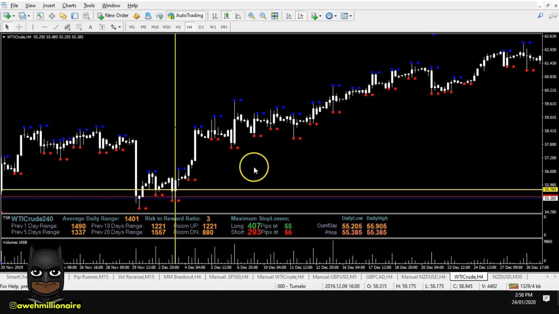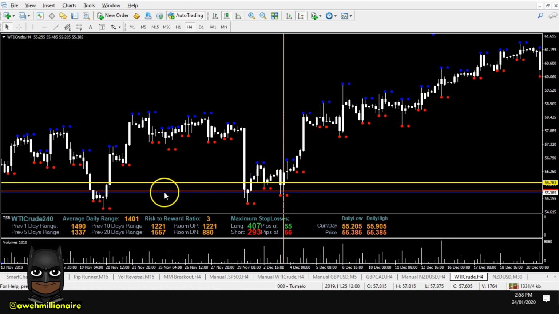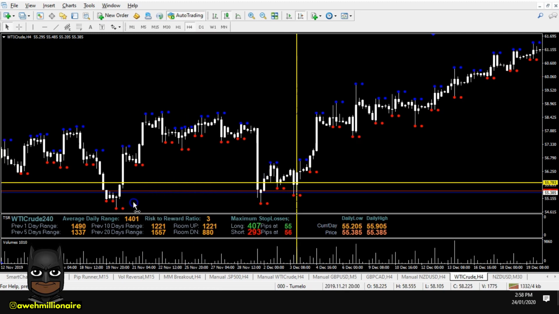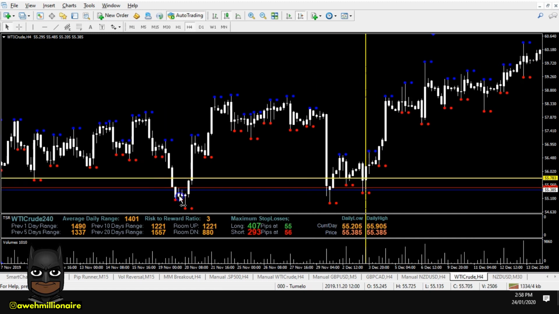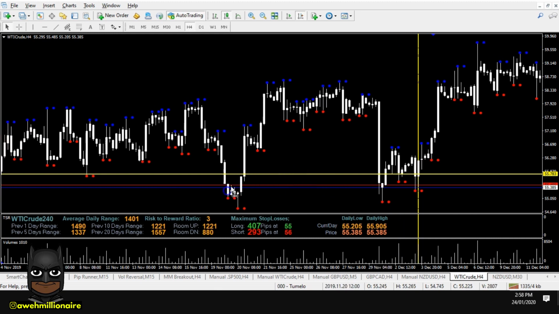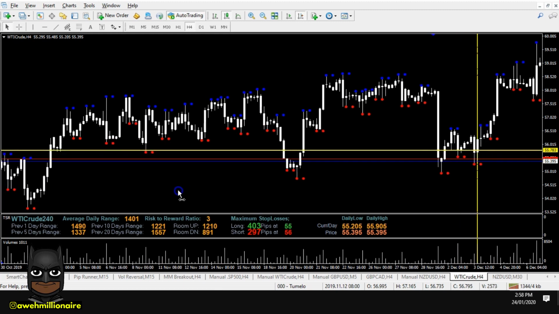Now there was another demand level that I identified, and that actually set up the specific trade. Let's go and look exactly where it is. Now, it's not this level over here. Some of you that already have my free video training on how to identify the supply and demand levels might see that this could have been a possible demand level, but no, remember, we need to look at the most recent demand level. So that wasn't the one that we were focusing on.